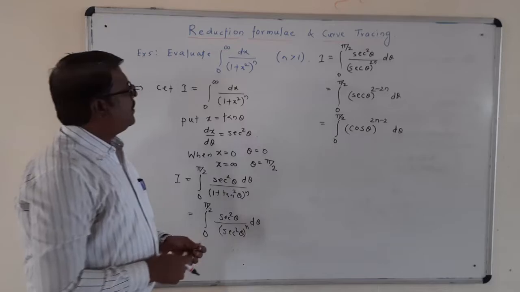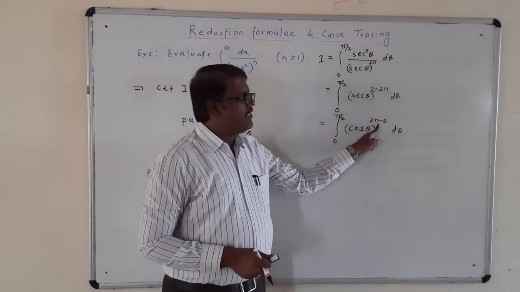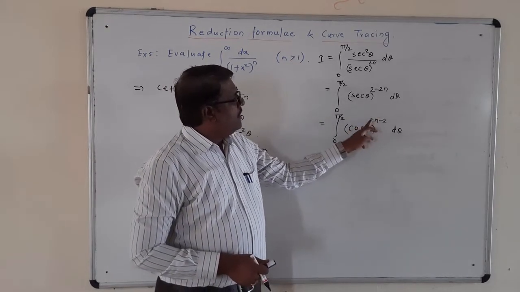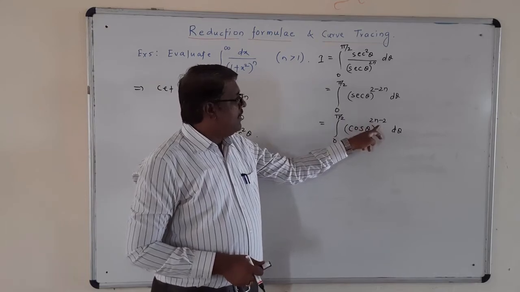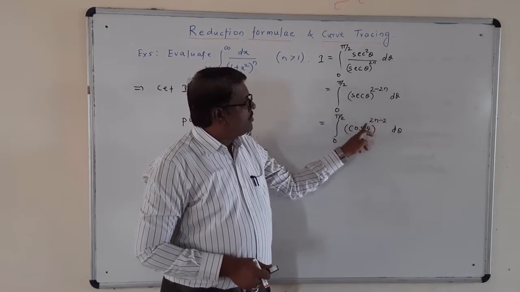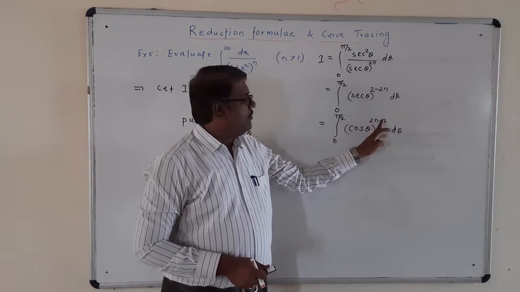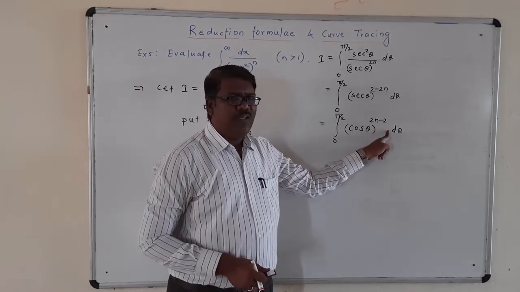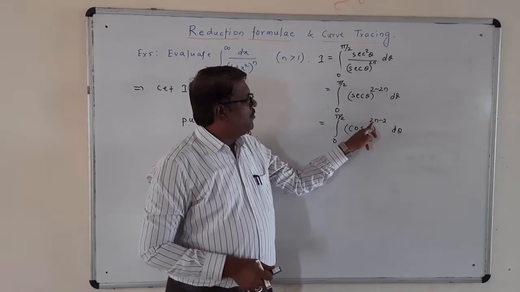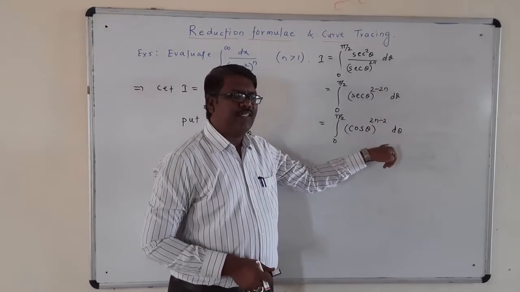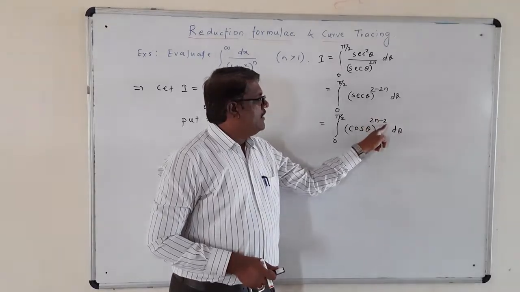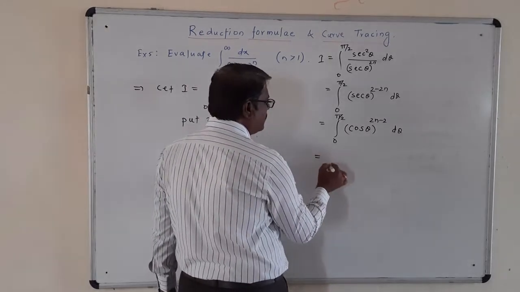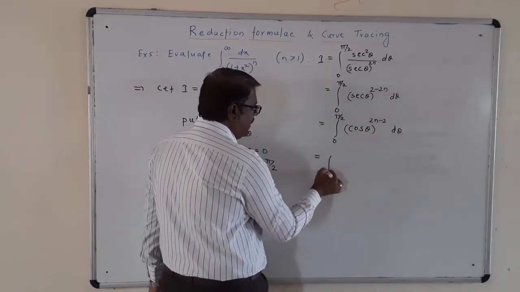So here, whatever may be the value of n, as n is a positive integer which is greater than 1, this value 2n minus 2 is always even. Because when you take the value of n as 3, then 3 into 2 is 6, 6 minus 2 is 4. If you take the value of n as 4, 4 into 2 is 8, 8 minus 2 is again 6. It means for any n this power is even, and if this power is even, then we can use the Wallis formula like this: integration